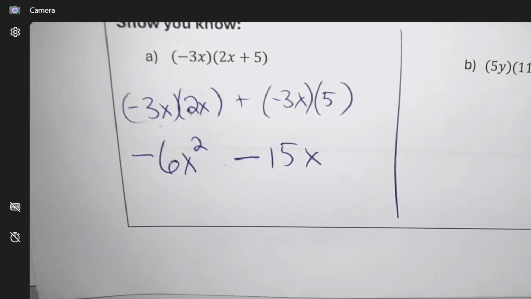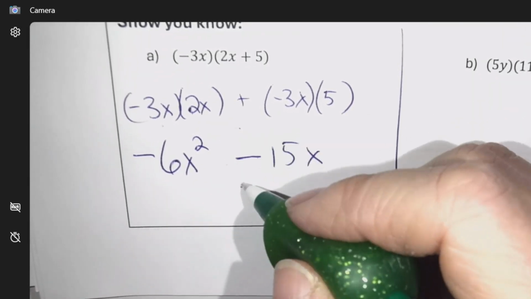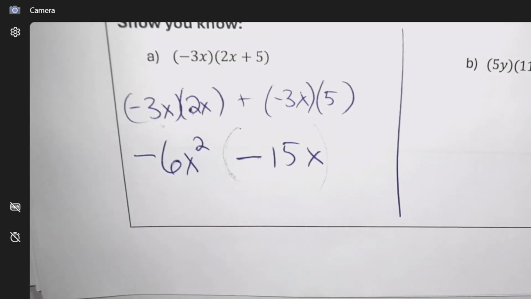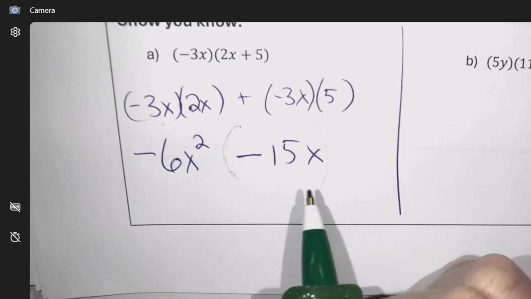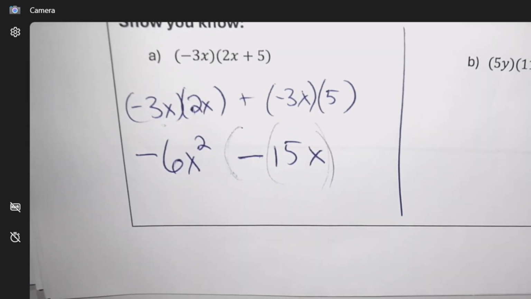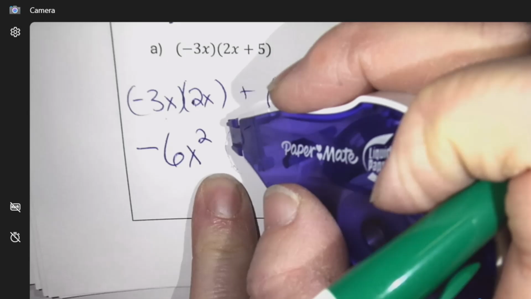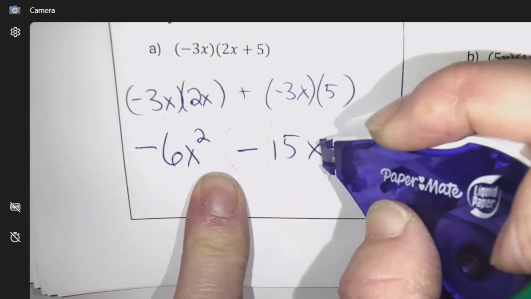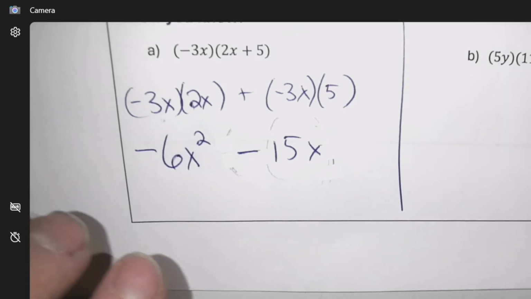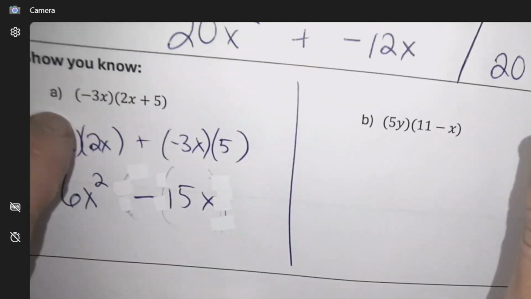Brackets. How did you write brackets though? If you wrote a bracket like that, it'd be wrong. No, like in there. Like this? Okay, that's fine. But if you put it in front of the negative, it would now look like you were just multiplying things. Yeah. Okay, so on this one,